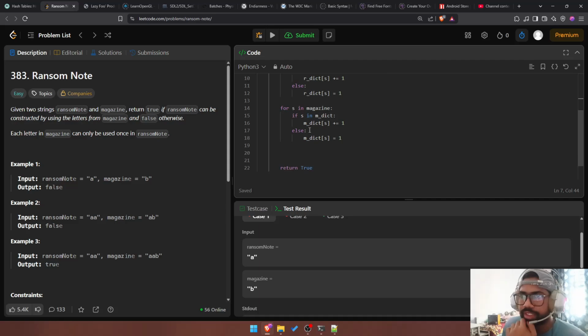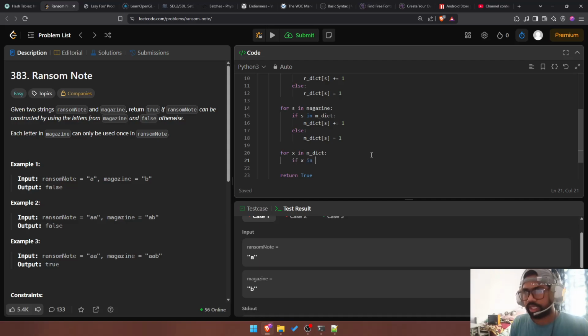Okay, O of n solution. Then it's again a for loop for, let's say, x in magazine,